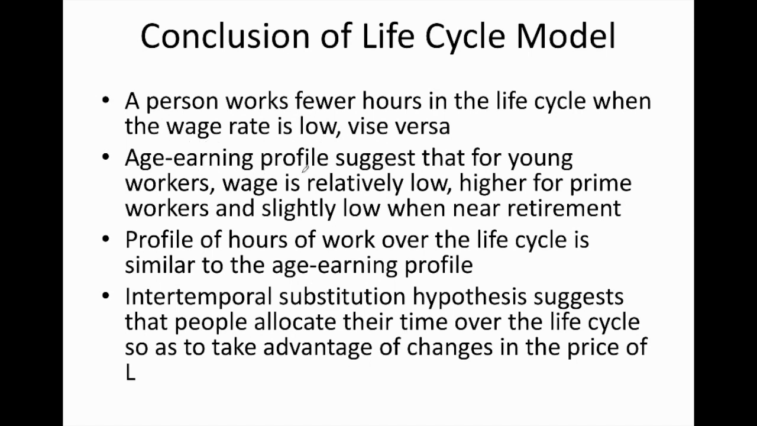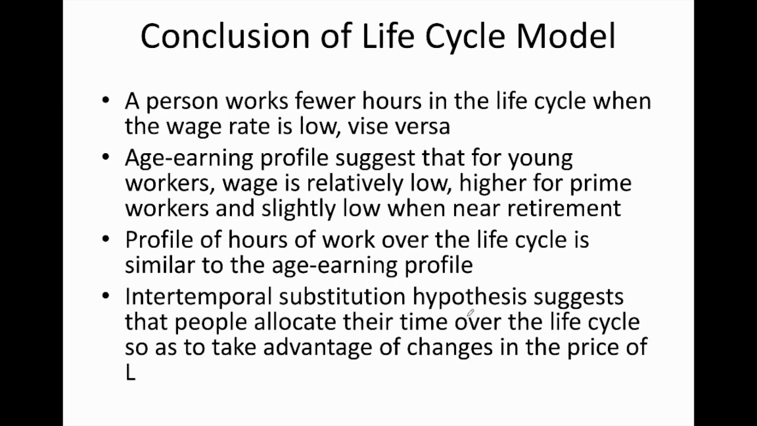Number two, the age earning profile suggests that for young workers, the wage is relatively low, higher for prime workers, and slightly lower when the worker is near his or her retirement age. Number three, the profile of hours of work over the life cycle is similar to the age earning profile, because the age earning profile shows the relationship between wage rate and age. And the last conclusion we derive in this analysis is that